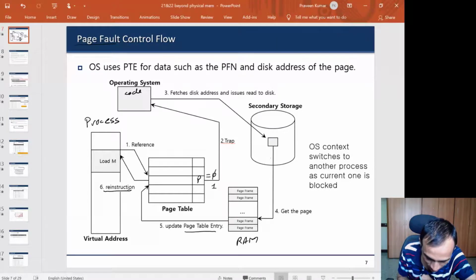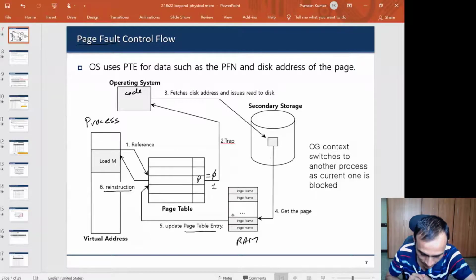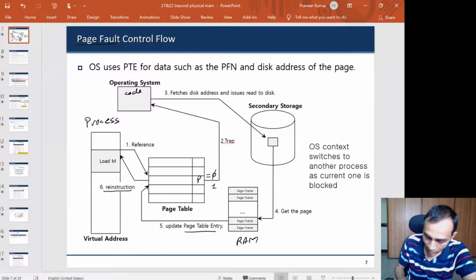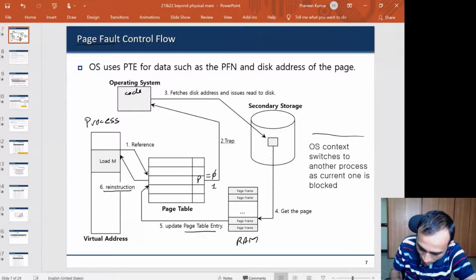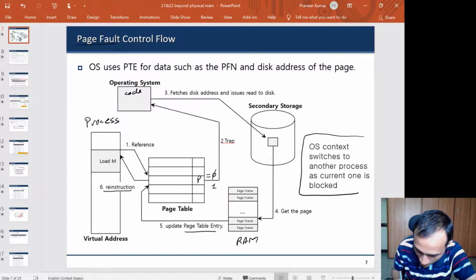So in the last will be retry, so that the memory reference or whatever would be will be reattempted, and this time it will find that the page is there, the present bit is 1, and it will be able to now get that page from the RAM. So does this overall mechanism make sense? So during this time something will happen. If you can see here what I've put here,